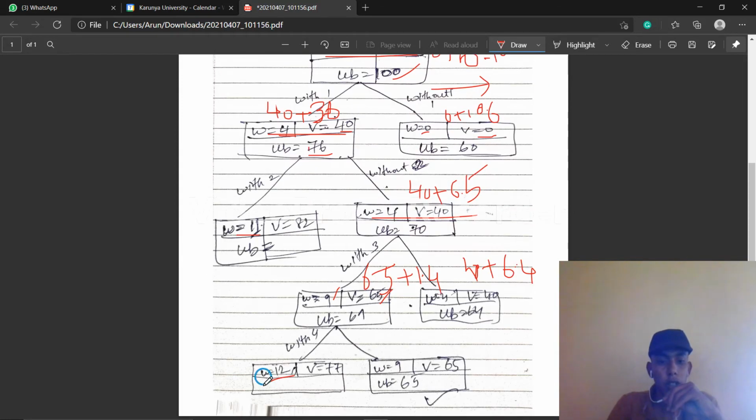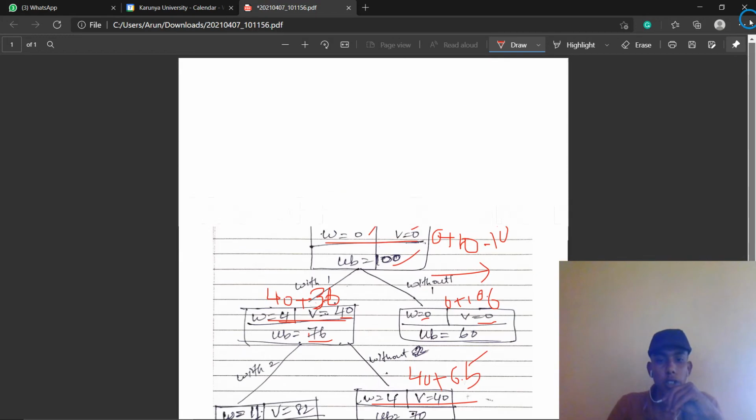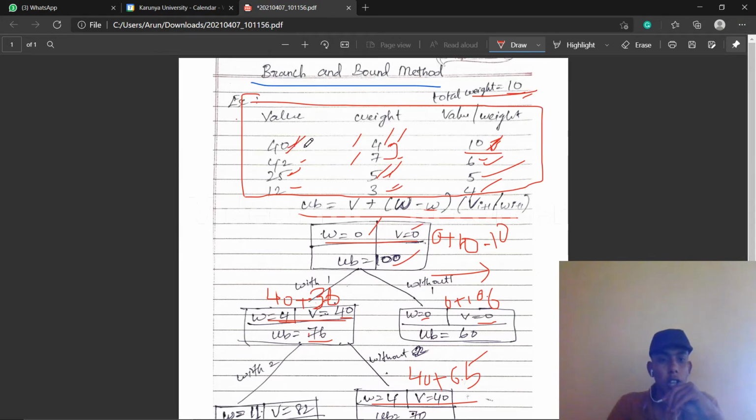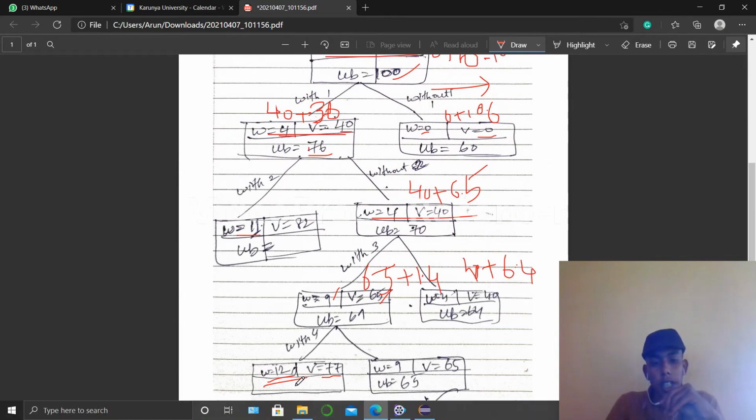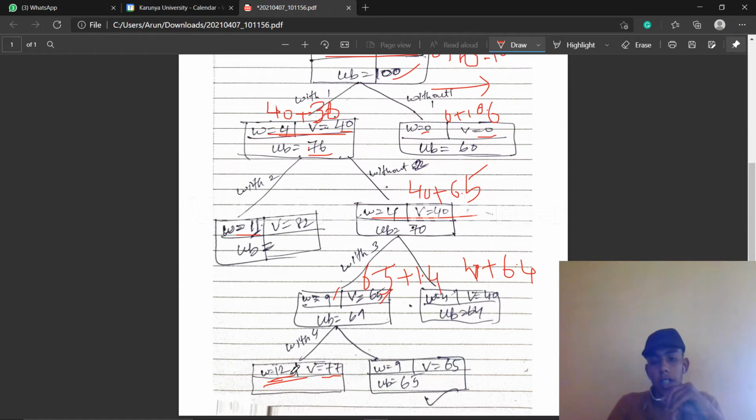So you are getting 12, which is greater than the capacity. The capacity is 10, and the value would be 77, that is 40 plus 25 plus 12. The weight is beyond the limit, so you cannot take 4.